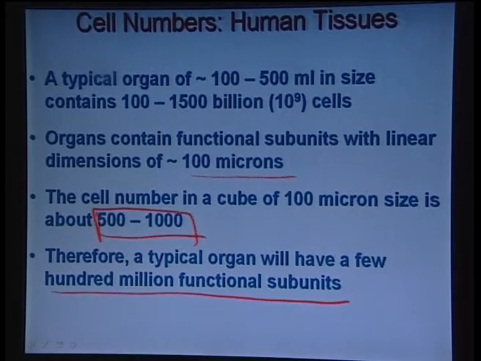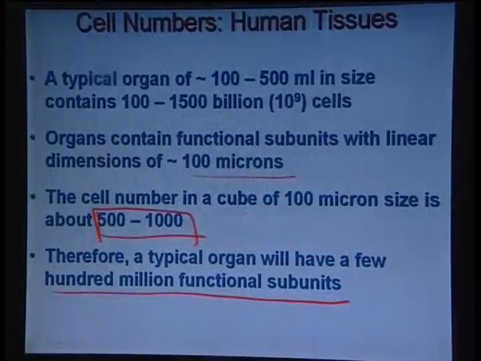So, if you consider a typical volume element in the human body which has a size of 100 micron, this should have a typical cell number of 500 to 1000. Now, if you consider that a cell is typically a square, like 10 by 10,